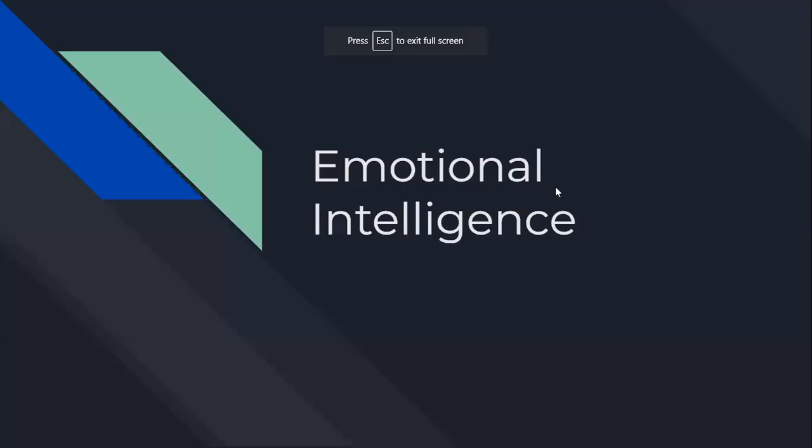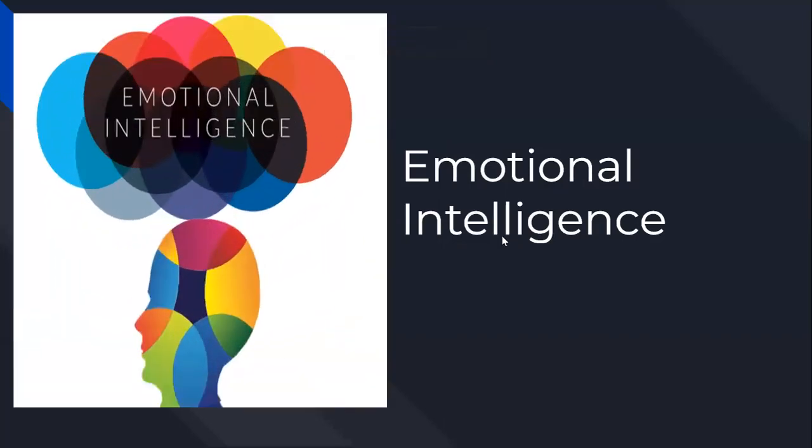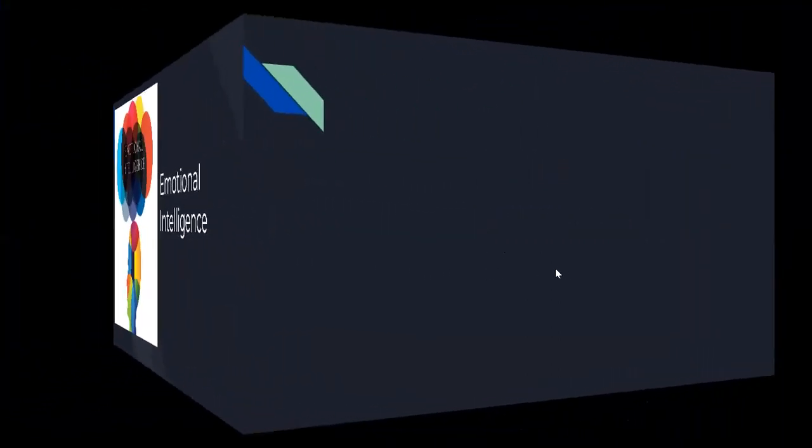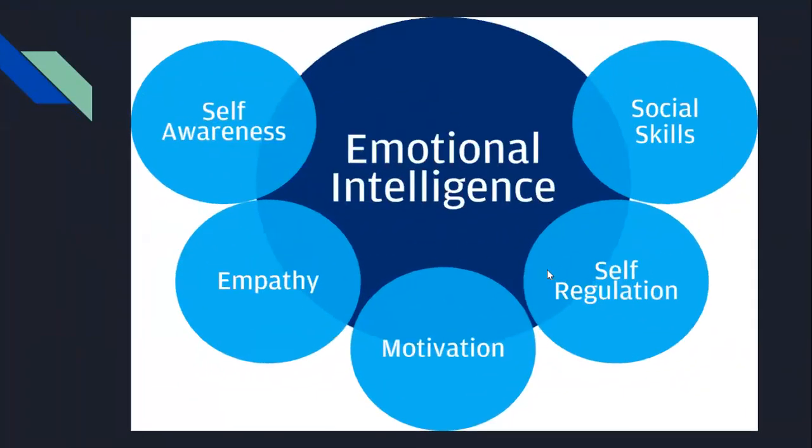Like my friend Yasmin told about emotional intelligence, I also have a topic, emotional intelligence, which I use very often in my class because I'm an online teacher where I have to see the mood and every aspect of the student. So the first things that come to mind are self-awareness, empathy, motivation, self-regulation, and social skills. First of all, the student should be self-aware of his capabilities, how much he can do, how much effort he can put in.